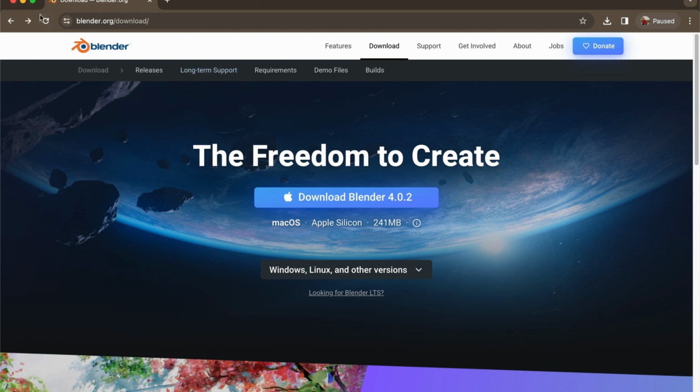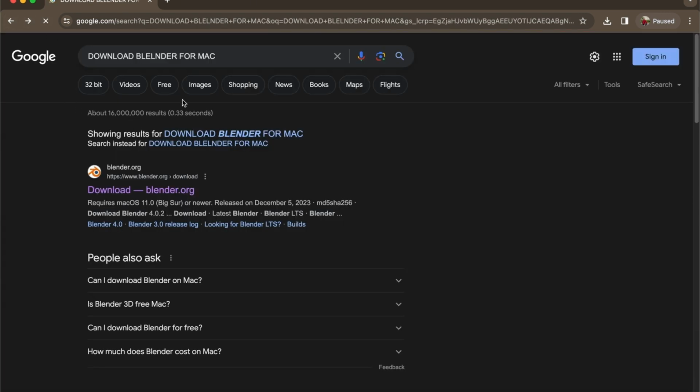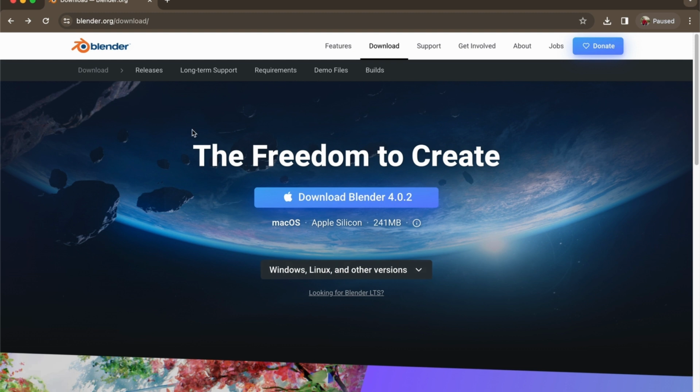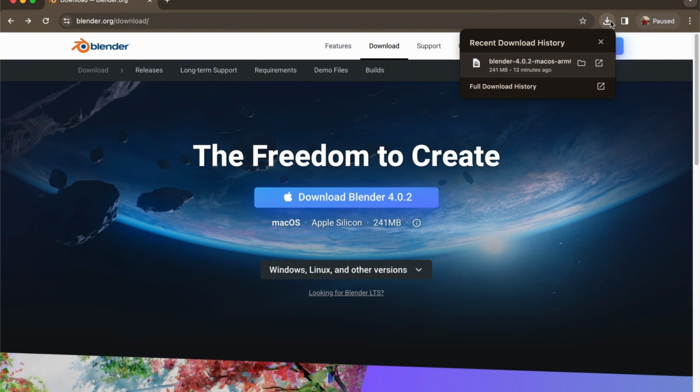All you have to do basically is go to your Google browser or whatever type of browser you have on your Mac or MacBook, and then just search in your search bar "download Blender for Mac." And then it will redirect you to this page as soon as you click the first page that comes up on your screen. So once you have downloaded it, you'll have to go to your downloads and you'll have to